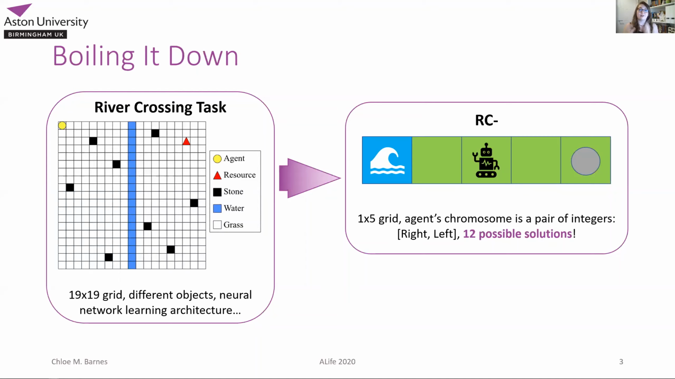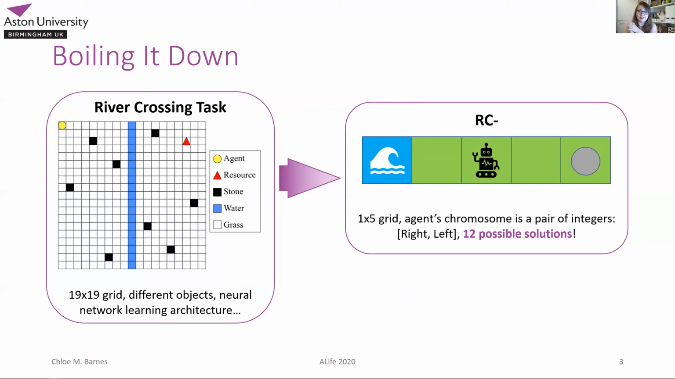And we've reduced it down into something called the minimal river crossing task on the right, or the RC minus. So the original river crossing task, the RCT, is a 19 by 19 grid, and there is a river of water running down the middle of the test bed. And the agent's goal is pretty simple. It has to learn how to cross the river from the left to pick up its resource, its reward object,